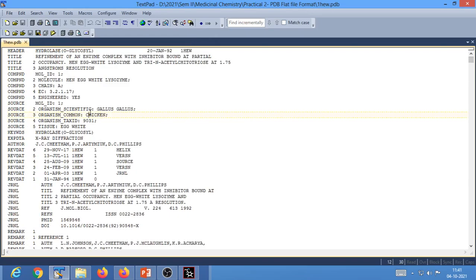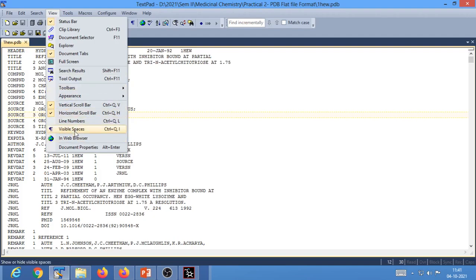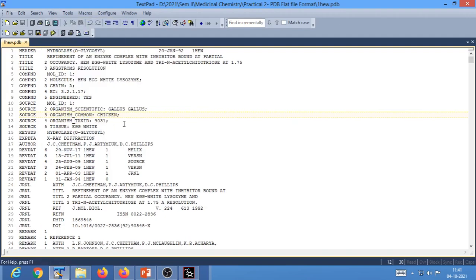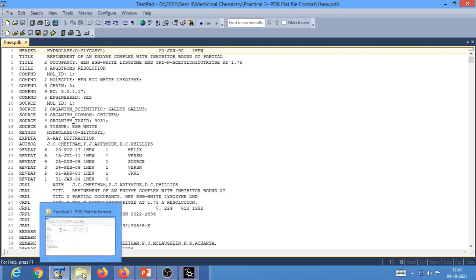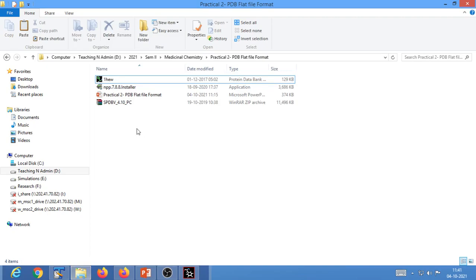Well, now let us focus on how the structural data is arranged, or in other words, we would be discussing what the PDB flat file format is. Say for example, let us view the line numbers. For the sake of simplicity, the PDB file that we would be dealing with for most of the time in our